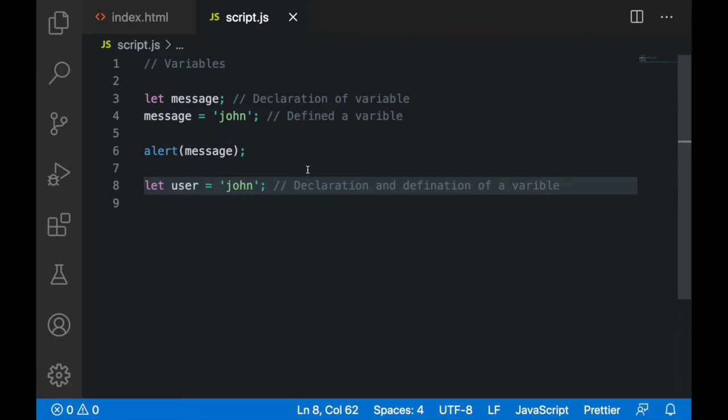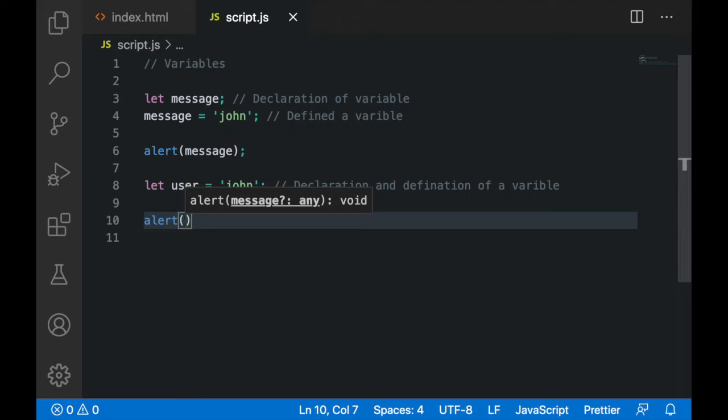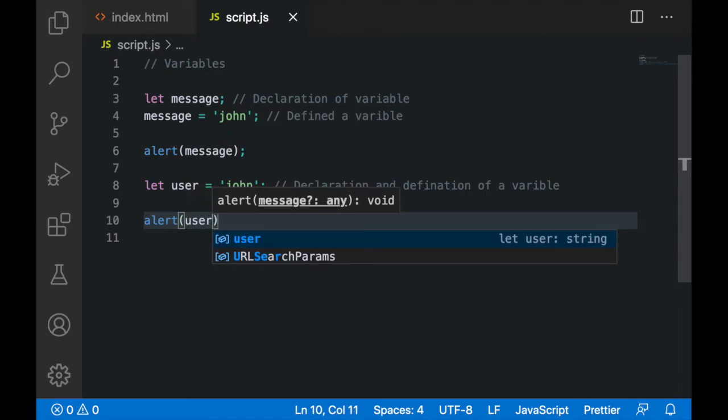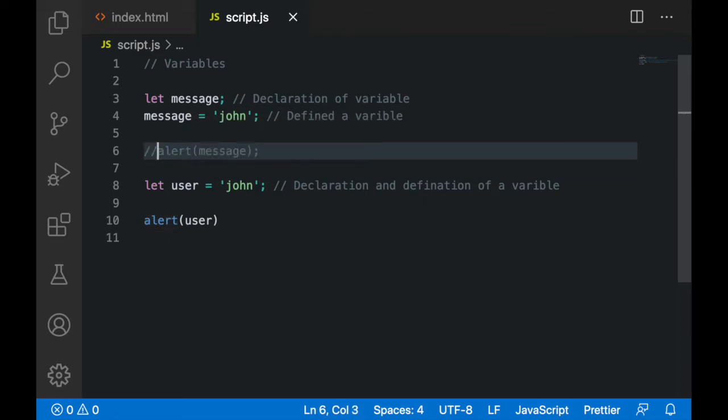You can always check this by writing alert, and then inside alert just write user. Because it is going to show two alerts, I am disabling the other one by using // to comment out this part of code, so that it is not interpreted as part of my code for the moment.